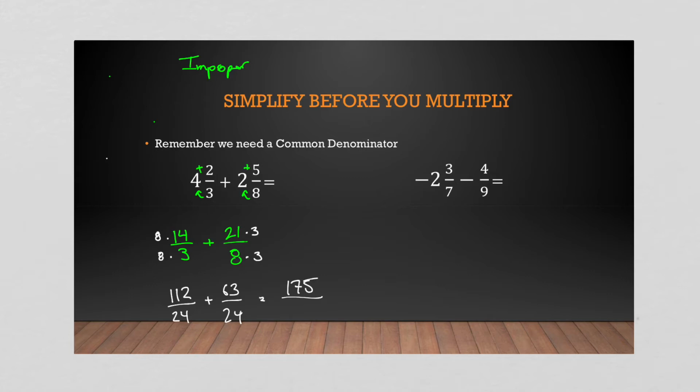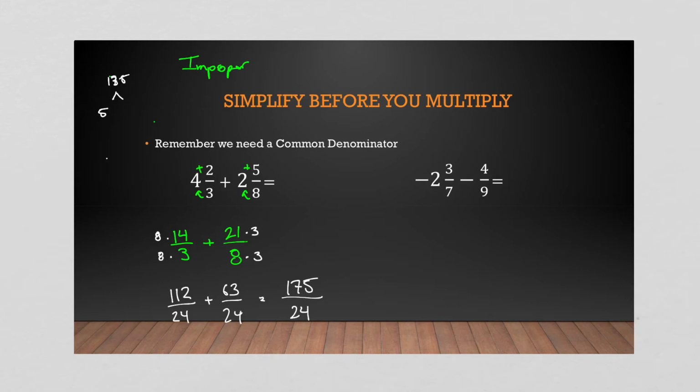And now we get to that point where, hey, can we simplify this thing? Now, you don't need to convert it back to mixed. I'm happy with an improper fraction. But think about 175. It's divisible by 5. So this is where it comes down to factors again. So 175 divided by 5 gives you